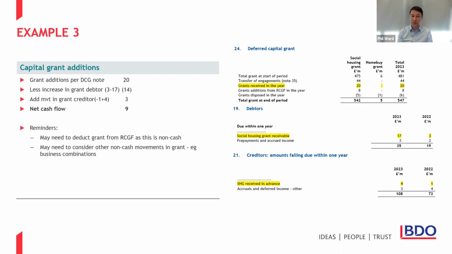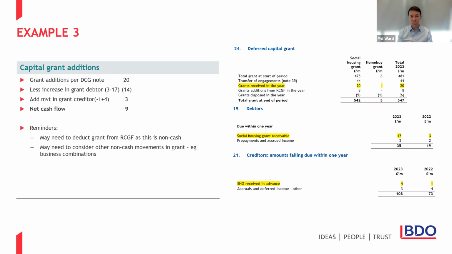We again need to take into account debtor and creditor movements. From our debtors note, we've picked up there's a significant increase in grant receivable. Quite often at the end of the year, there's a lot of grant claims submitted. So you've reached the point where you are able to recognise the grant that you haven't yet received payment from the grant body, usually Homes England. So we've got a significant increase in debtors, from 3 in the prior year to 17 this year. Our debtors have increased, which means our cash hasn't increased. That's a cash outflow in this calculation, so we've got -14, as you can see on the left-hand side.